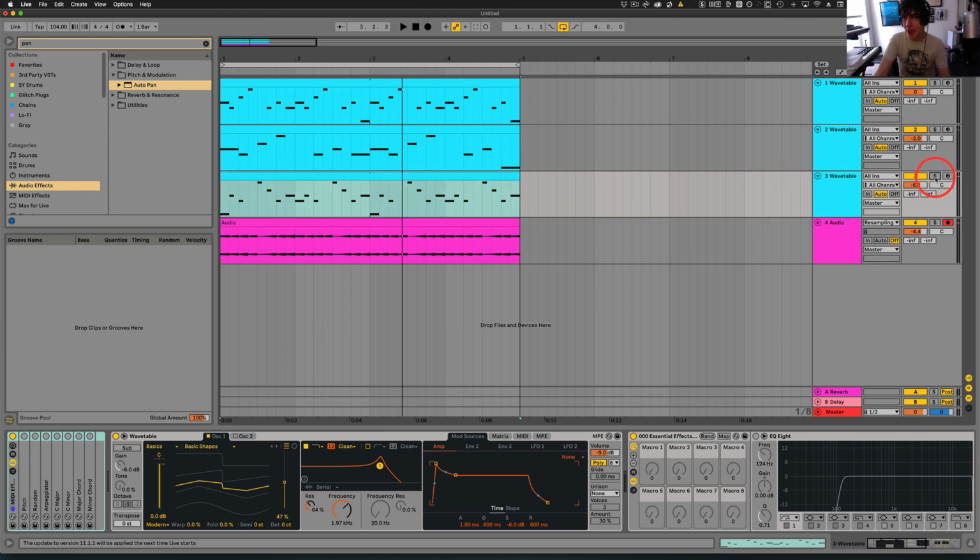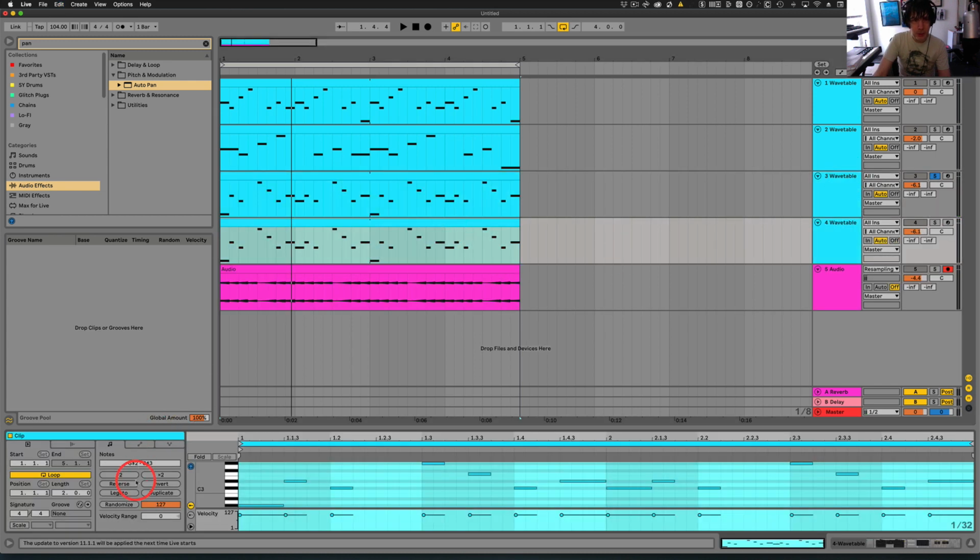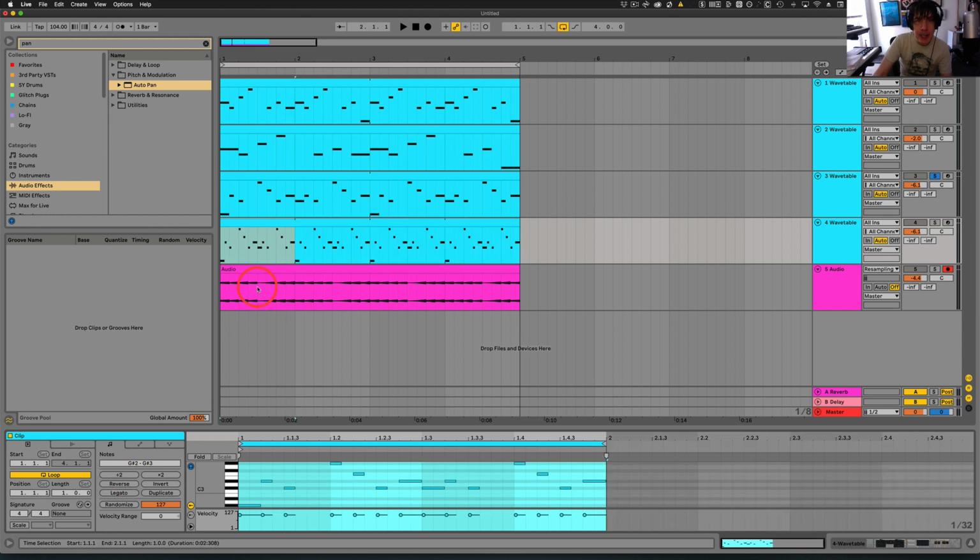So let's do that with this part. We'll just call this like the counter melody. All right, so let's duplicate this. And I think we hit divide. Yeah, divide, and then we get